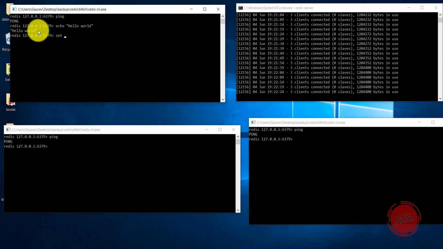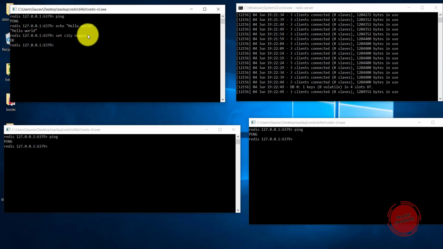The name of the key is city, so I am setting the key as city. Set city, this is the key and I want to set the value as Nagpur. This is a city present inside India. So you get the output as okay.